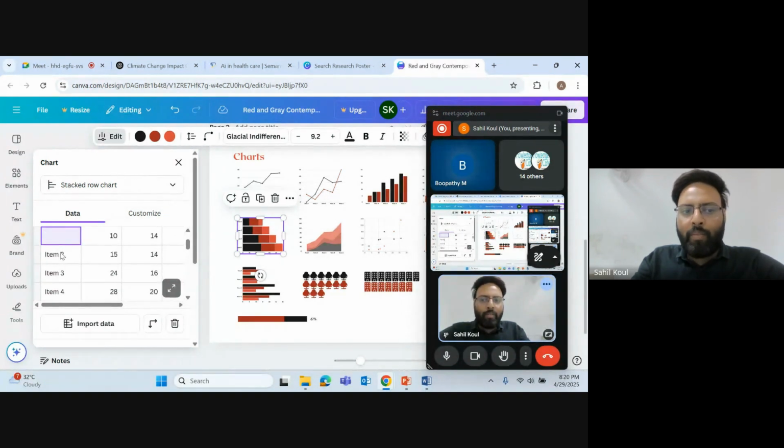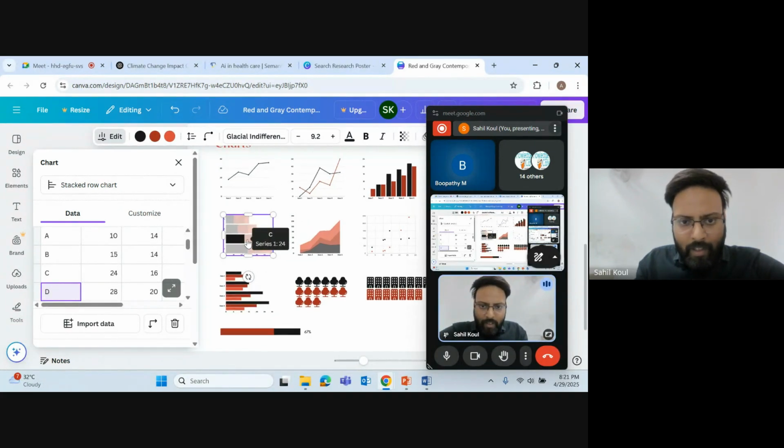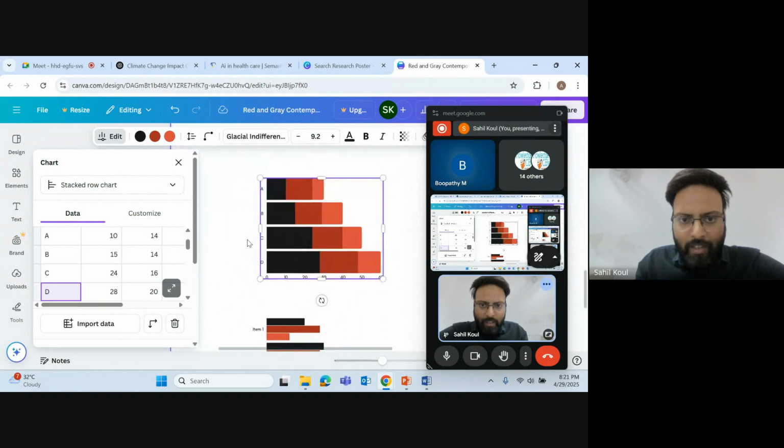So you can put in, like, I would say A, B, C, and D. Right? You will see that this graph now has things like A, B, C, D. All right.